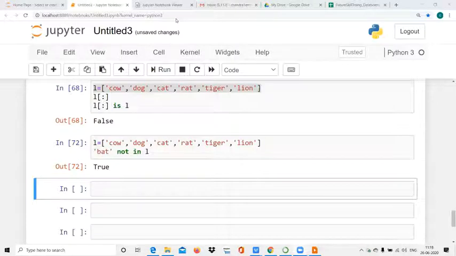It is true. Right. So in and not in operators are used to check whether an element is present or not present in a list. You can use them as the requirement is. Okay, right.